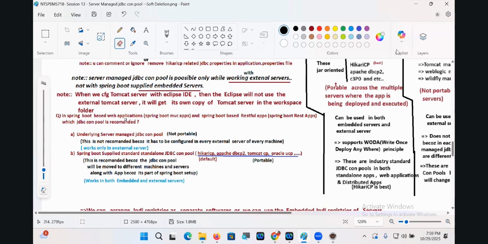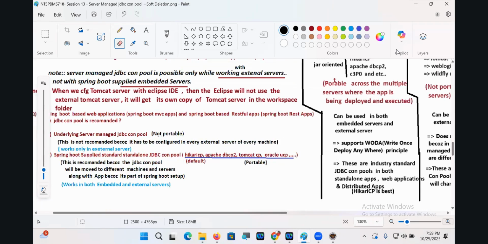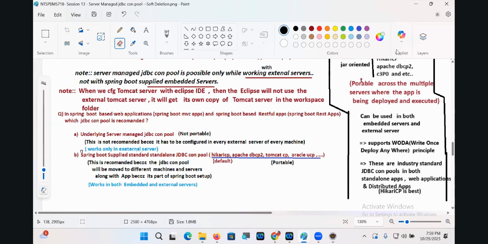In a Spring Boot based web application or Spring Boot based RESTful application, which JDBC connection pool is recommended? Underlying server managed connection pool is not portable. This is not recommended because it has to be configured in every external server, every machine. Works only in externals. Spring Boot supplied standard JDBC connection pool, Hikari CP, and others: